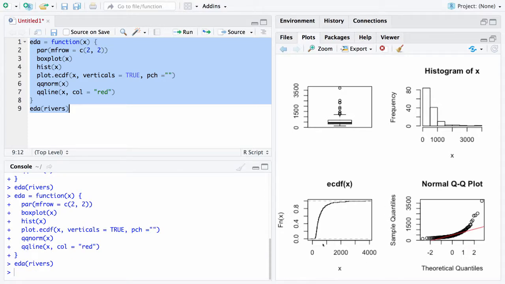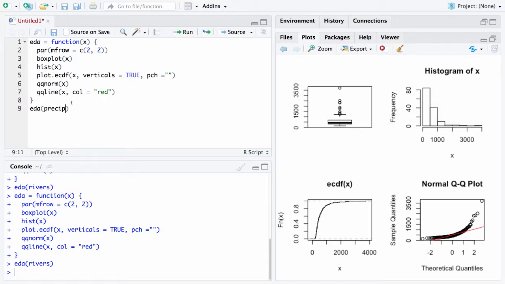And now you'll see you get a nicer looking ECDF. You don't get those large dots. You also get a red line, which gives you further evidence that the normal distribution is not a good fit here, and you can see that by the histogram. So now that we know that this is not a good fit, let's try another one, which is our precipitation